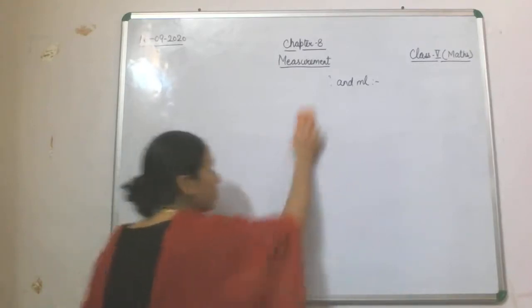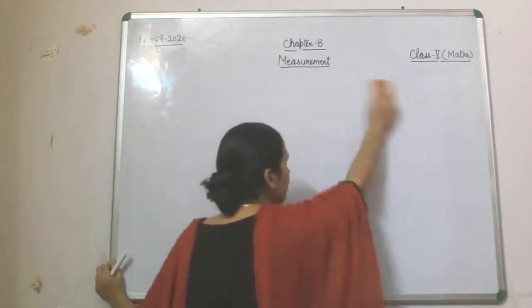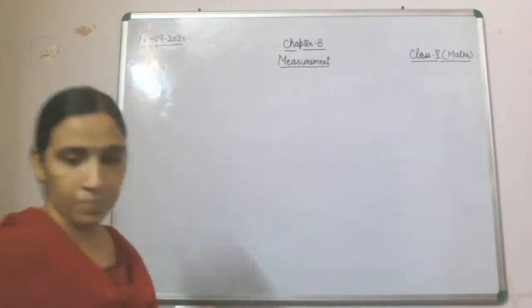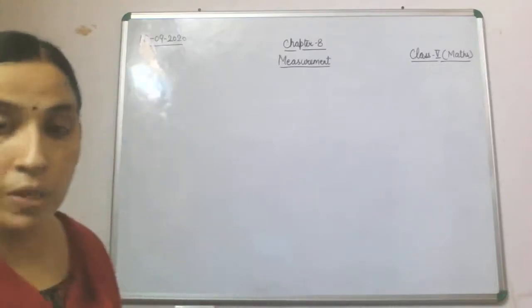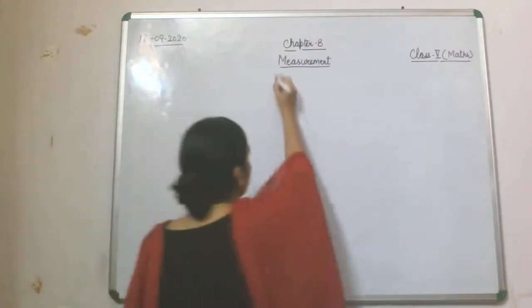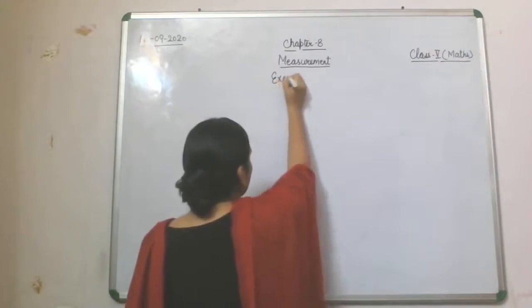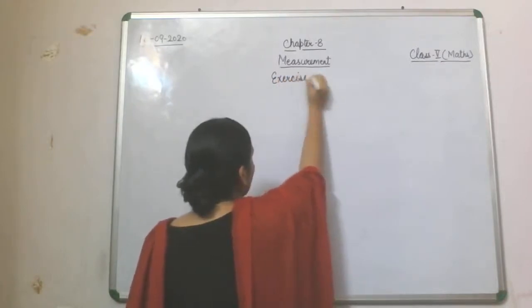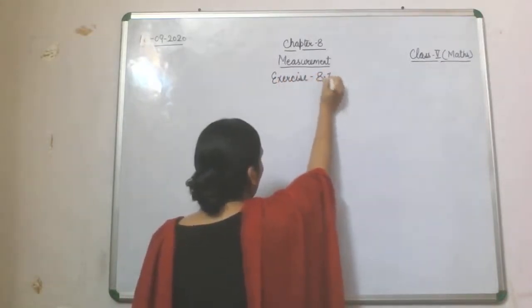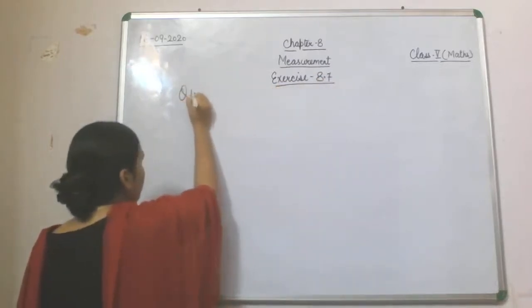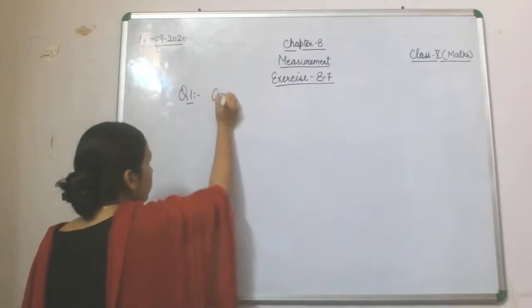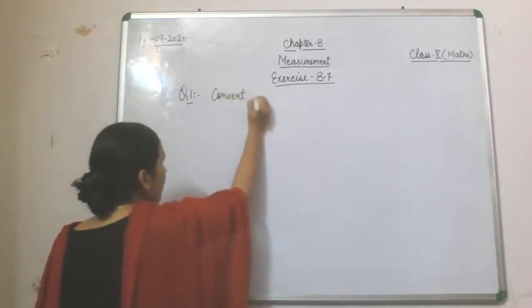We'll do a few of the questions from exercise 8.7 and we'll continue tomorrow with what kind of questions will be given. So let's start that exercise 8.7. Now in exercise 8.7 you will have the first question, that is convert into